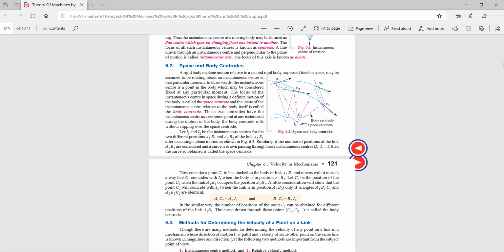Can you see the triangles? Yes. So in a simple way, if these triangles are equal, then the effect of this will also be the same. That means A1 C2 is equal to A2 I2, and B1 C2 is equivalent to B2 I2. This is what the diagram says. This was the only idea behind sharing this. The next point we are going to take is a very simple thing, I just want to tell you this.